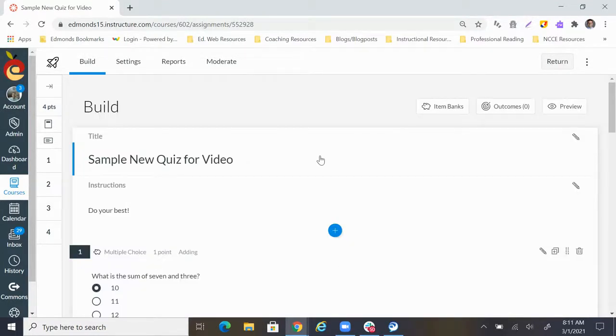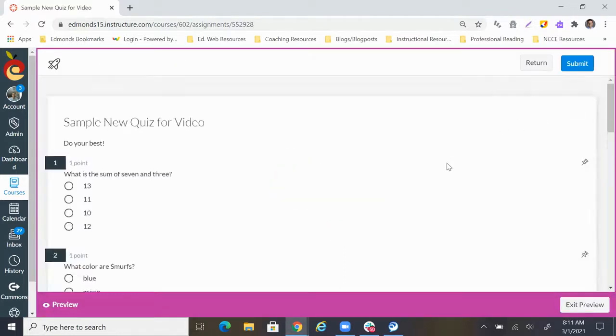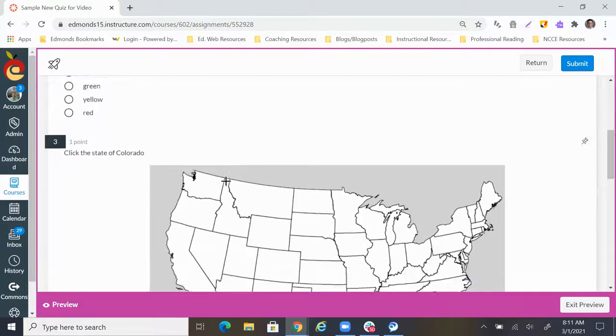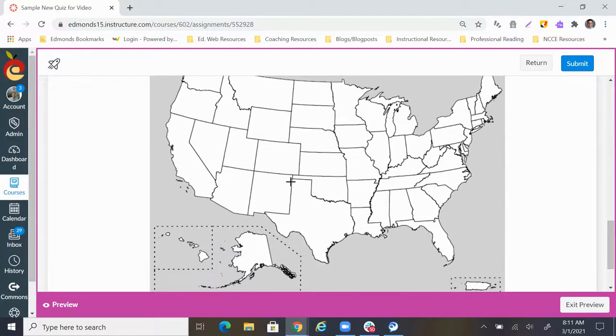So let's go ahead and look at a preview of what this looks like by clicking the preview button here. It's not called student view in new quizzes, so that's something to take note of. So here's our click the state of Wyoming, and you can see Wyoming is not all lit up in blue. Students would just have to know where it was and click it,